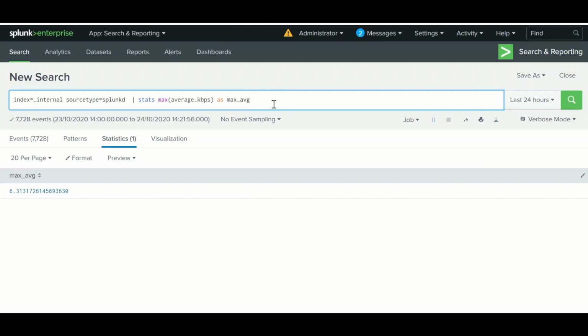Now after that the function: how do you want to chart, compute, or evaluate the result? After stats you can use max, min, sum, or average, and transform the values. Here we have transformed the values.